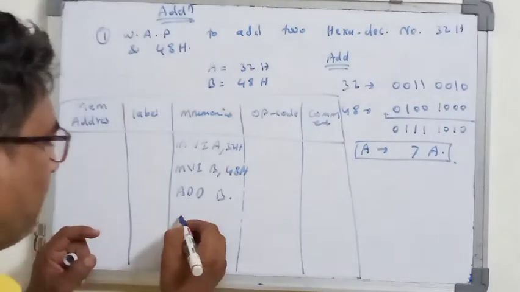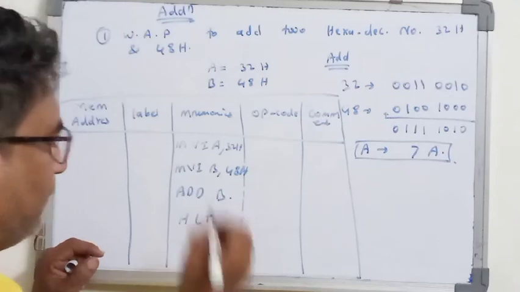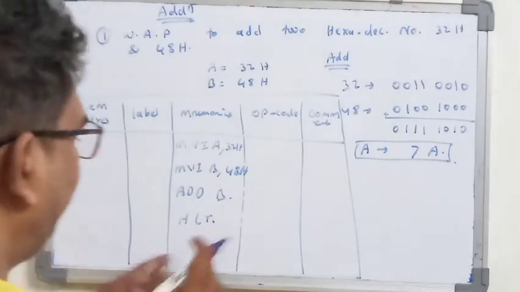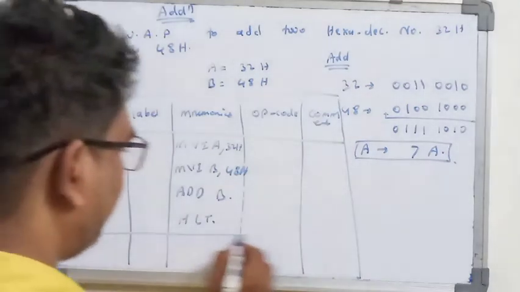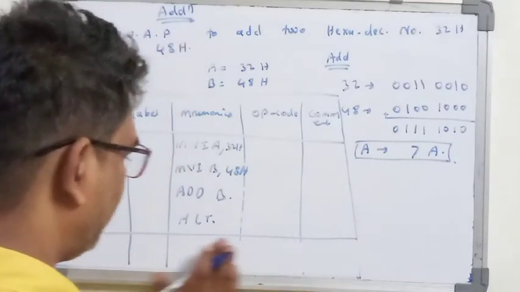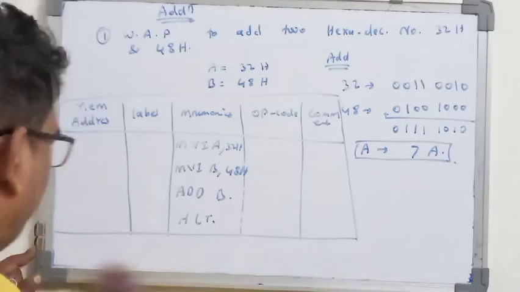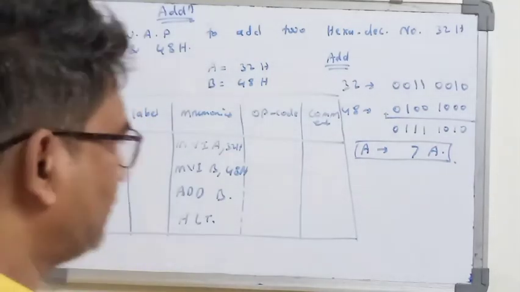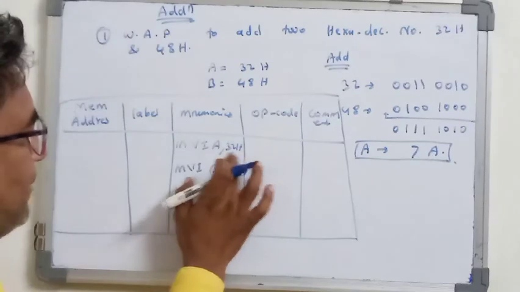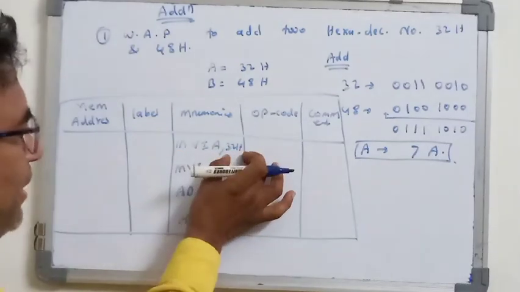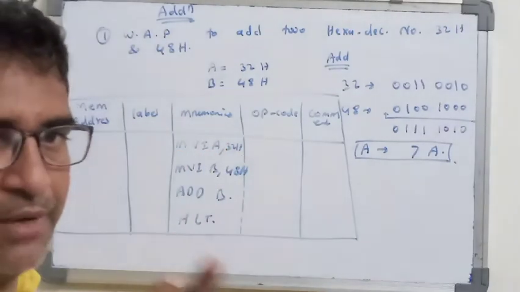Okay, then what we have to do? We have to halt the program. Okay, this halt is having one code that we will see. So up to here we will end the program. After the halt, no program is going to be executed. So how many bytes are required for MVI A and 32H? There are two locations, means a 2-byte instruction.